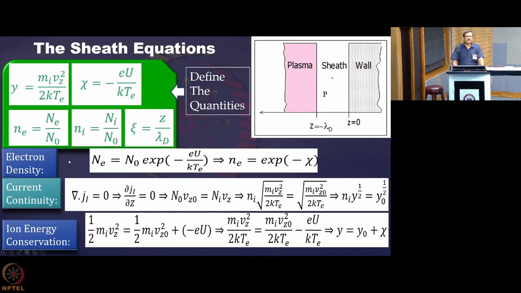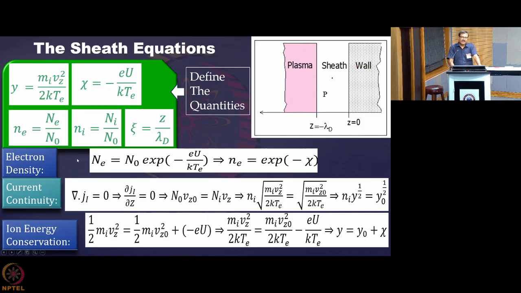Now, as we told, electrons are not undergoing losses because the field that has been generated over there is itself not allowing them to get lost on the wall. Ions, on the other hand, are dragged towards the wall by the additional electric field generated due to the negative potential of the wall. In that case current continuity will be maintained: whatever ions are crossing this region will be reaching the other region as well. So that is the current continuity equation, and we will be using that for the ions. But for the electrons, we can very well use the Boltzmann distribution.